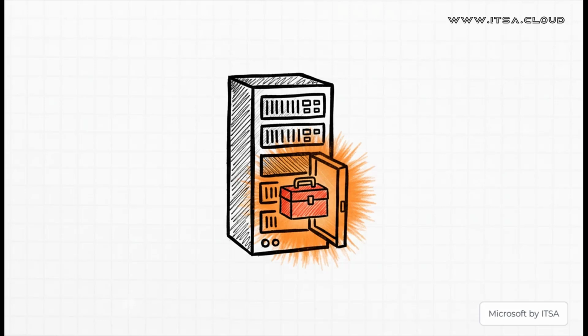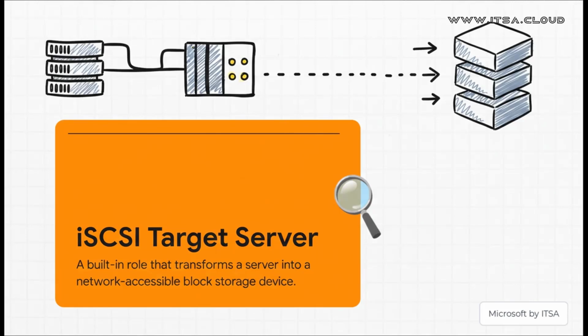The tool you need is already there, baked right into Windows Server as a standard role. It's called the iSCSI Target Server. I know it sounds super technical, but the idea is actually pretty simple. This role takes the regular old hard drive space on your server and makes it available over the network. But, and this is the important part, it's not a file share, it's not for dropping Word docs into, it's block storage. We're talking about the raw, fundamental language of a hard drive.